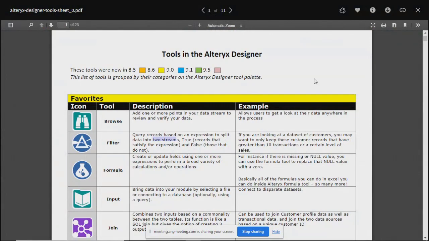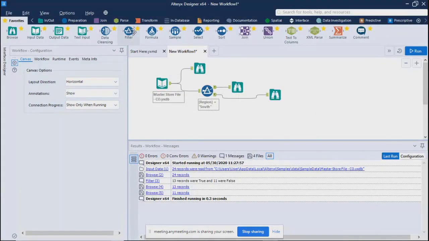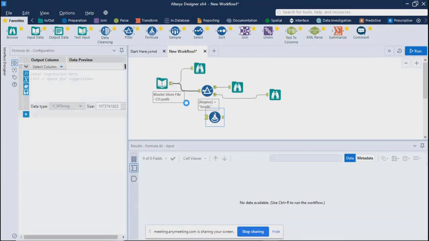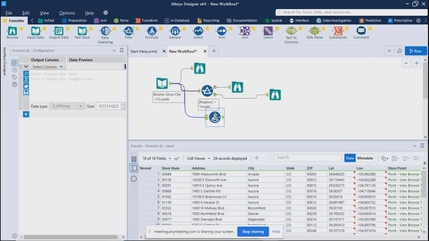The third tool we just saw was formula. In this scenario we can take formula over here, and as soon as we drag it, this screen appears. You have the option to select one existing column or add a new column. If you select an existing column, you are updating that field.